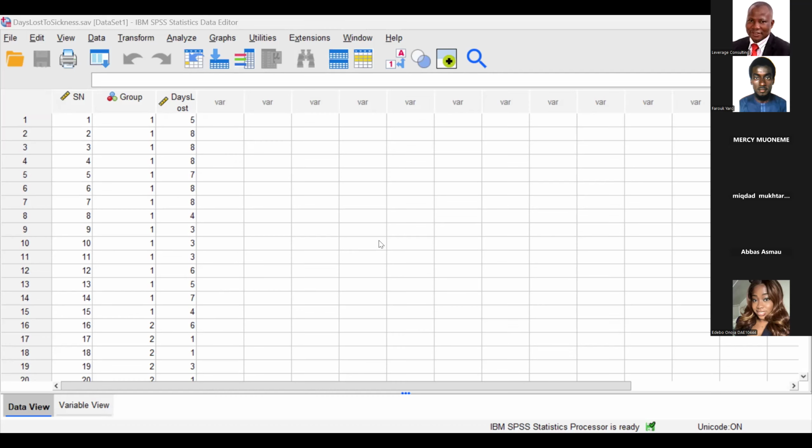Then how do we differentiate the values from mining from those of construction? There must be a variable. For some people, you can type it there, type mining and construction, no problem. But the problem with that is that when you